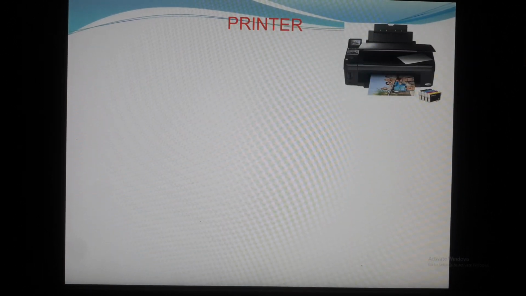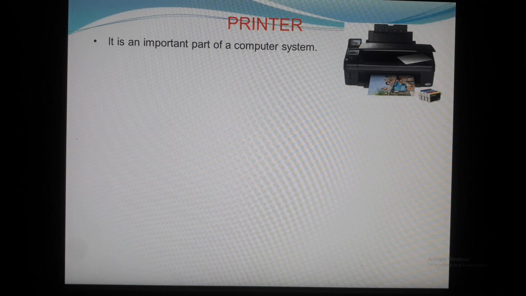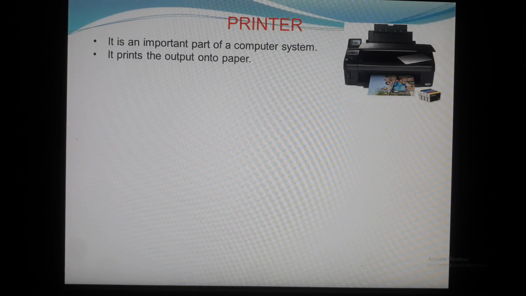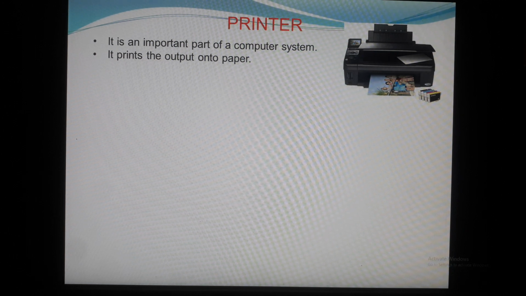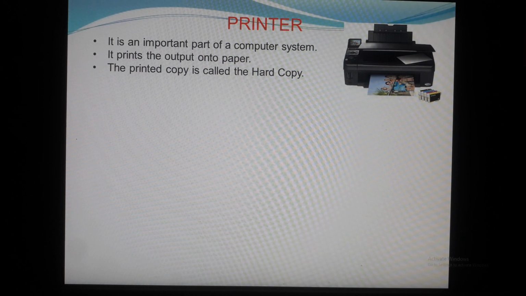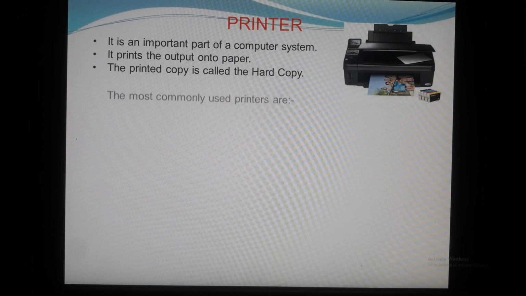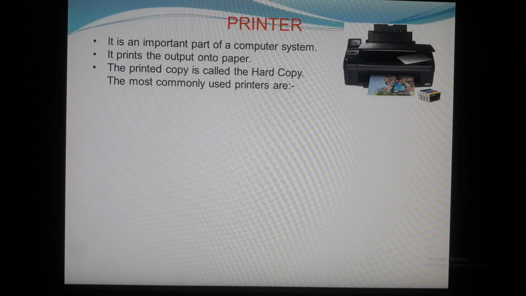Now comes the printer. It is an important part of a computer system. The print that we get through the printer in the form of a paper is called a hard copy. It prints the output onto the paper. The printed copy is called the hard copy. The most commonly used printers are,